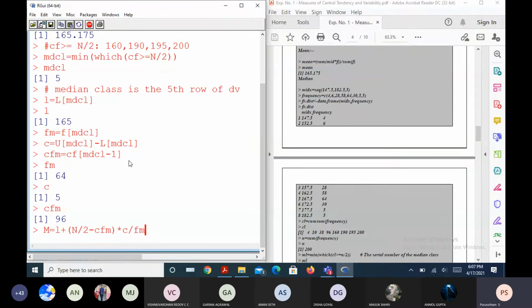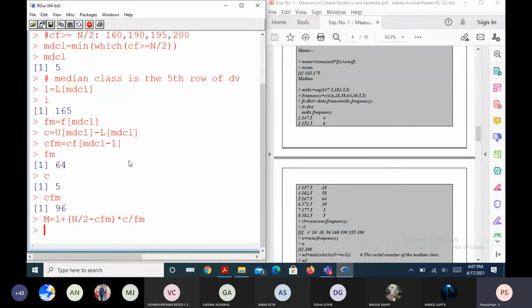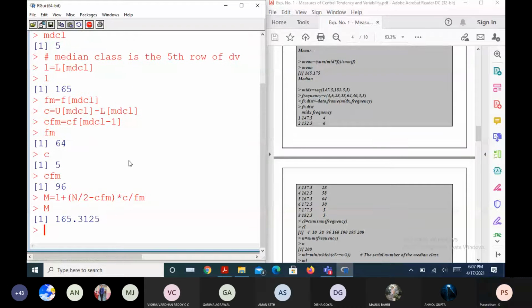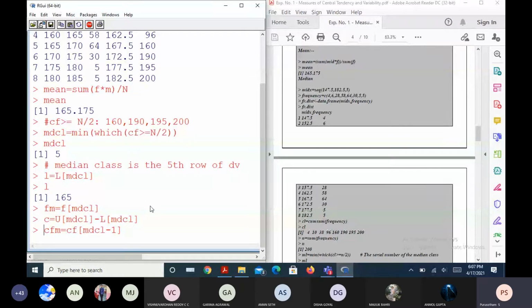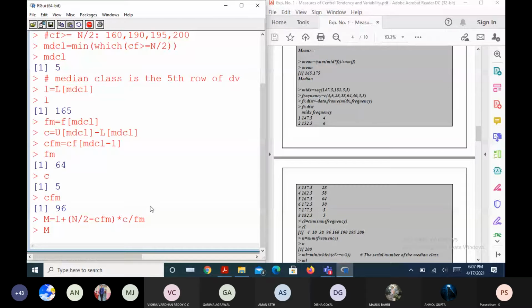Good, 165.3125. What is the mean we got earlier? 165.175, right? Yes, sir. So these two seem to be close, right? Mean and median.